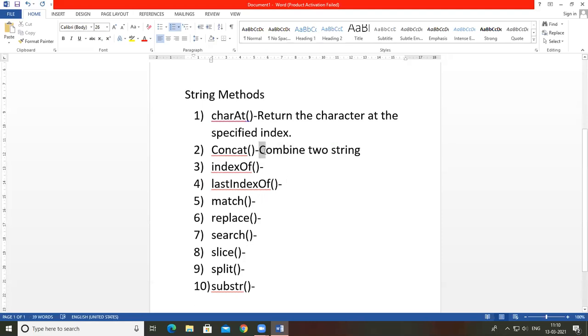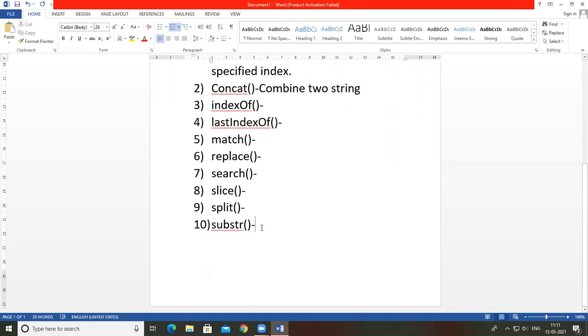See, this is location 1, 2, 3, 4, 5, 6 and 7. I want a substring from 3 to 5, so this is 3, 4 and 5. It returns the substring MBI.